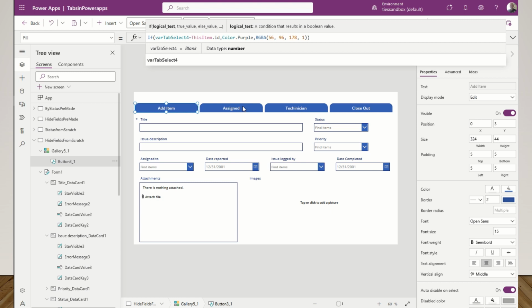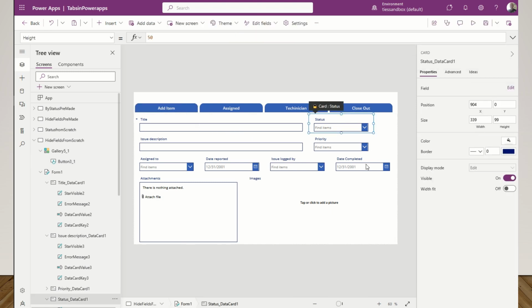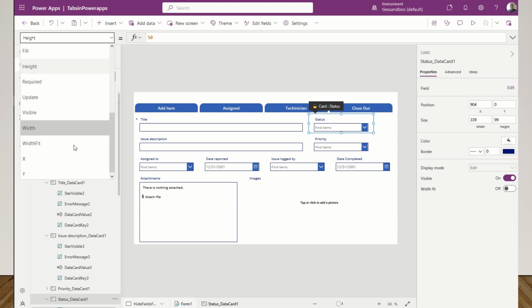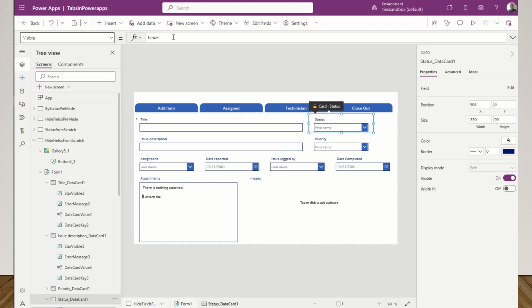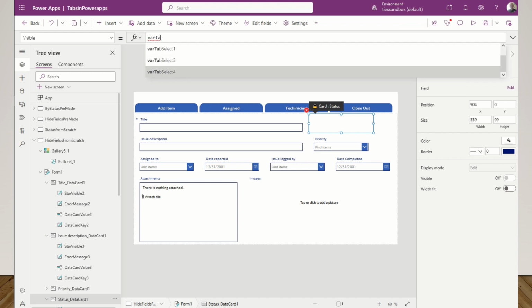Okay. Now we got to decide on what we're going to keep in the form visible and what not. All we're doing is messing with the visible property. Okay. So title will be in all 4, so you don't have to mess with that. Now status should be visible for the last 3 tabs, but not for the first one, right? So what we're going to do is we're going to come in here. We're going to go to visible. Now you can see it says true. That means it's visible all the time. We're going to get rid of that. We're going to put in our variable, var tab select 4